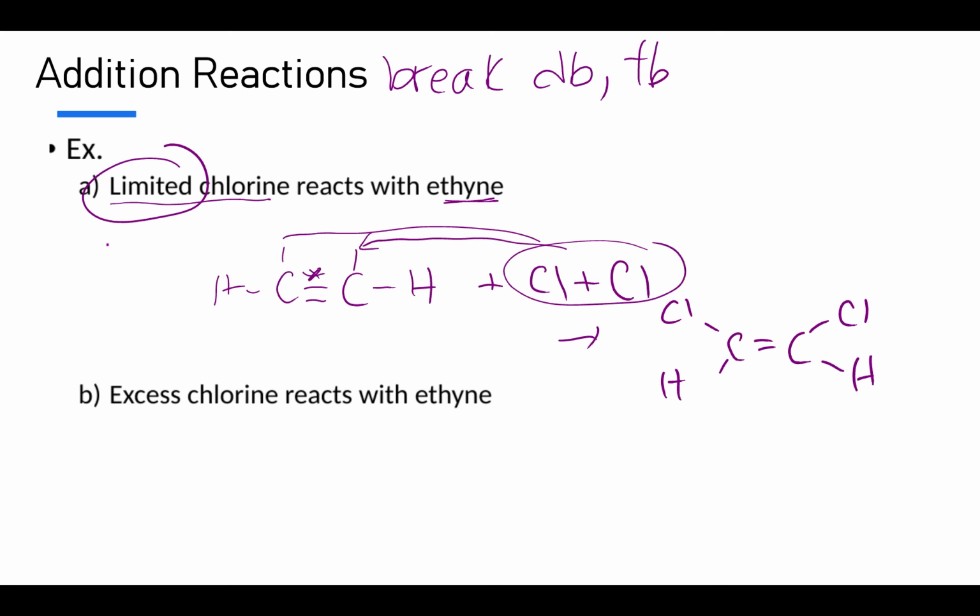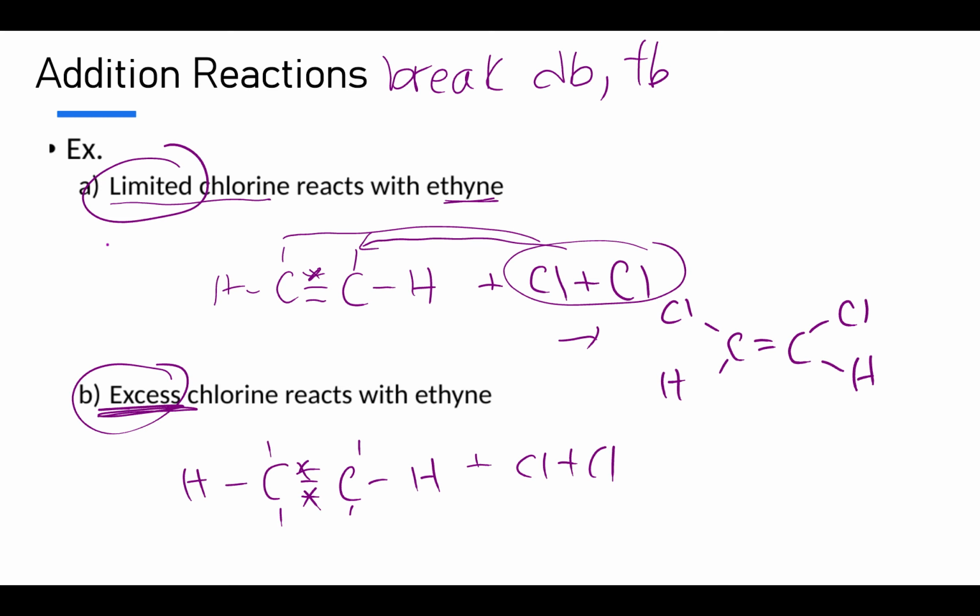With this next part, the difference saying excess, that means all the bonds are breaking. So we're not just going to break one, we're going to break all of them. So if you have carbon triple bonded, right, and you break the first one, it can bond to something else. You break another, it can bond to something else. If you have excess chlorine, that means we don't just have 2 chlorines we're adding in, we have enough to make this reaction happen. So if that's the case, then we no longer have any double or triple bonds, and the hydrogens were still there, but we added on